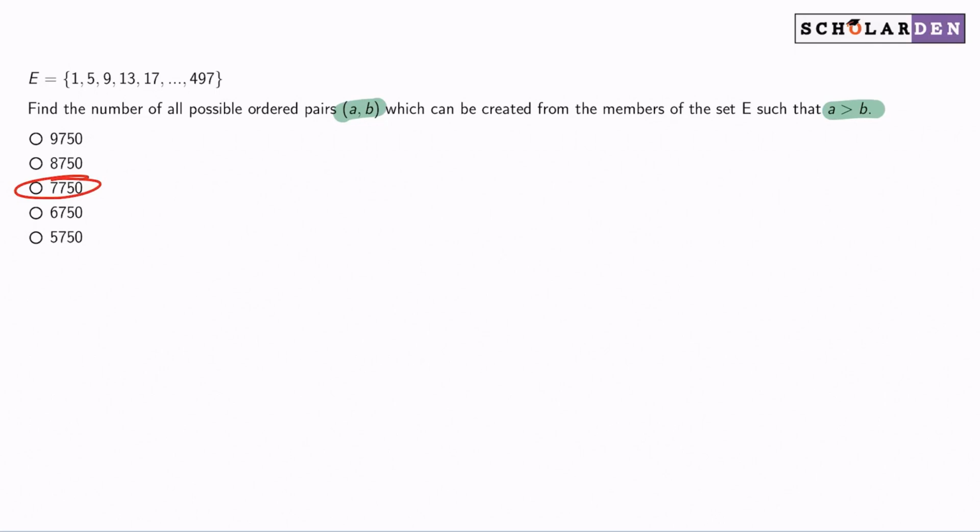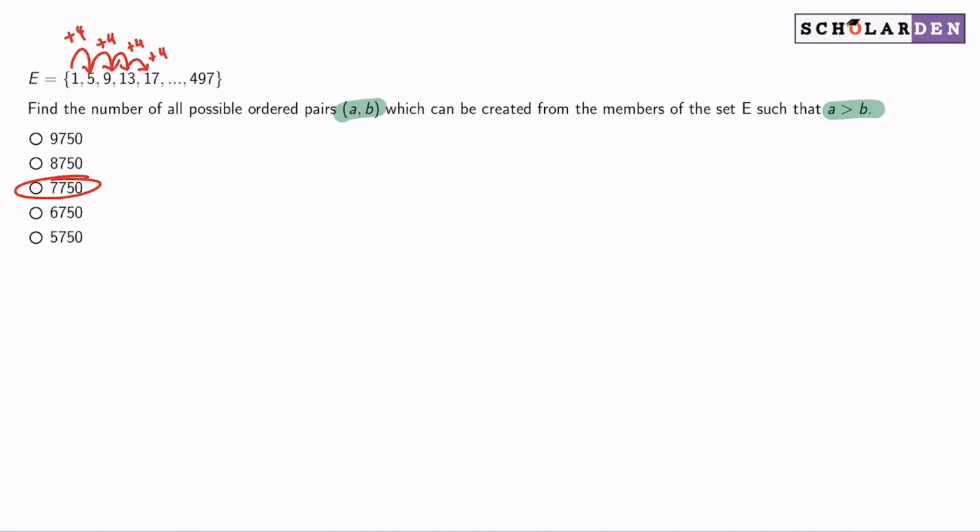And that's it. And so first off, we need to figure out how many numbers we're dealing with. That's the very first thing we need to know, because if we're trying to figure out all the possibilities, well, we need to know how many numbers we can work with. And so I hope we can see that this is an arithmetic sequence, because there is a constant difference here, a common difference